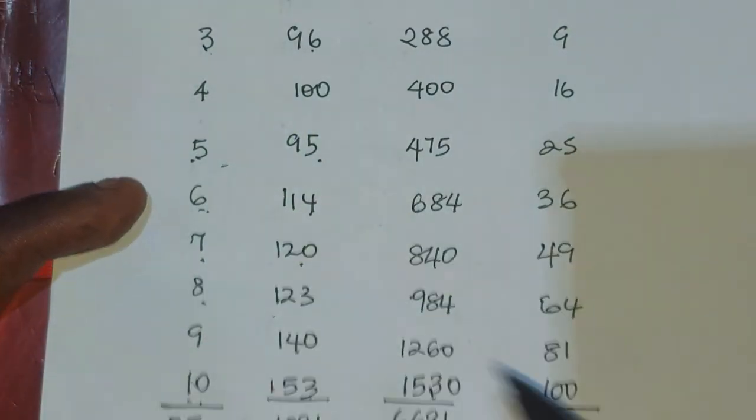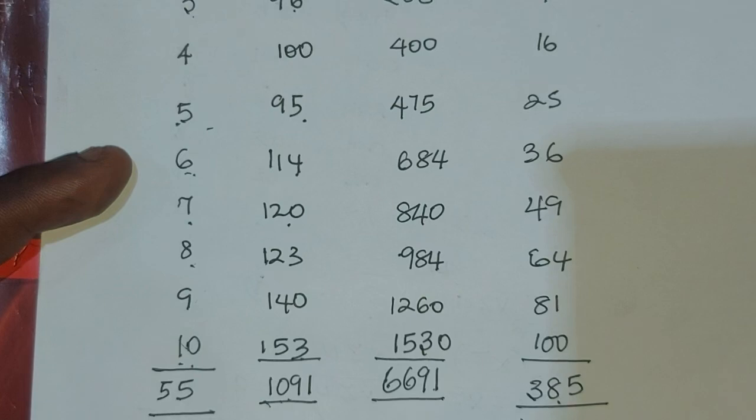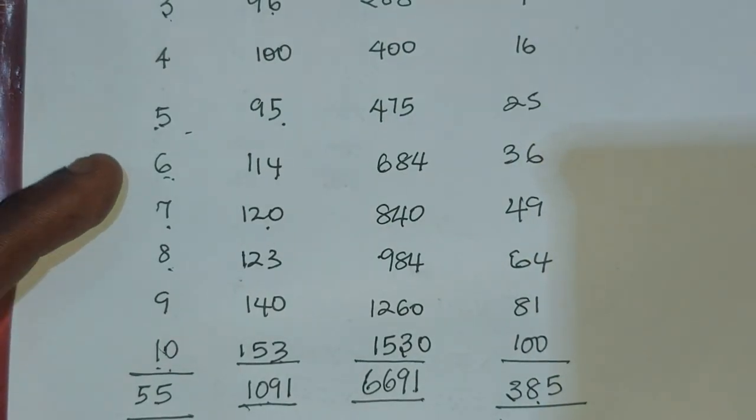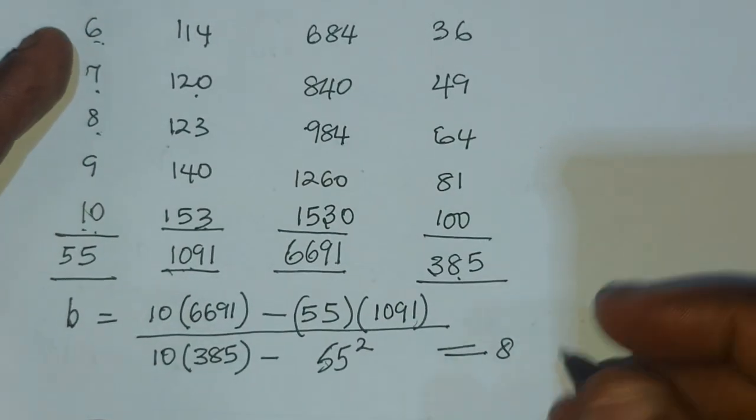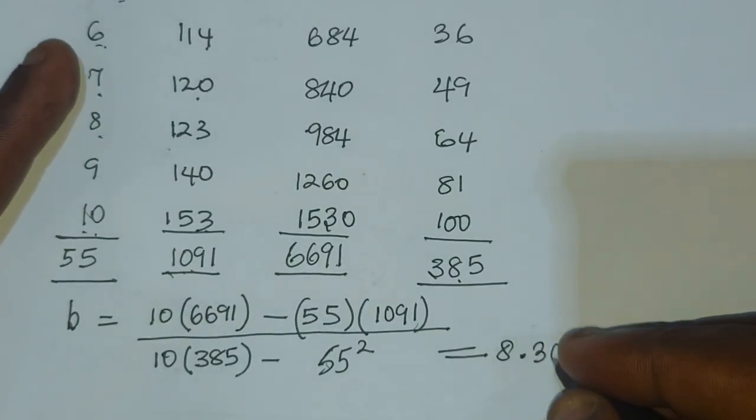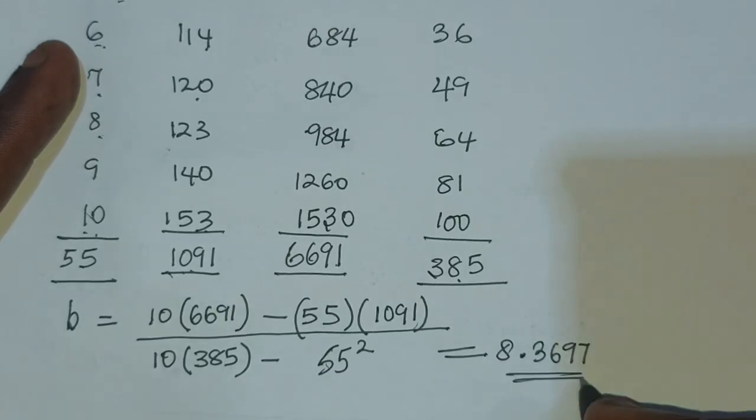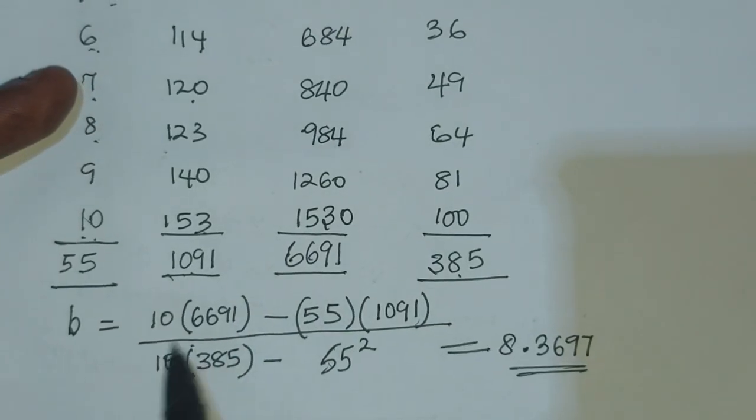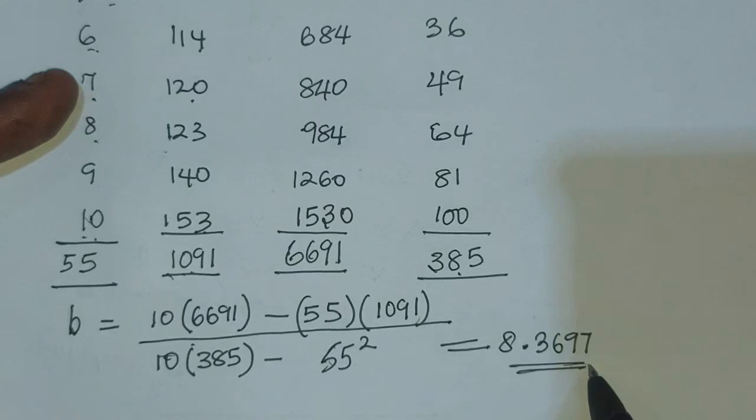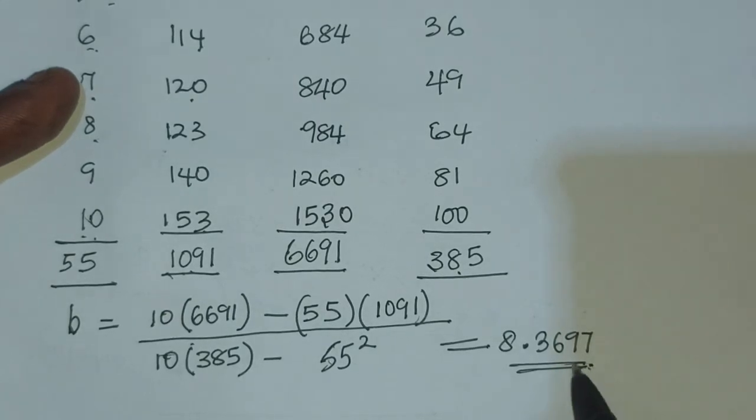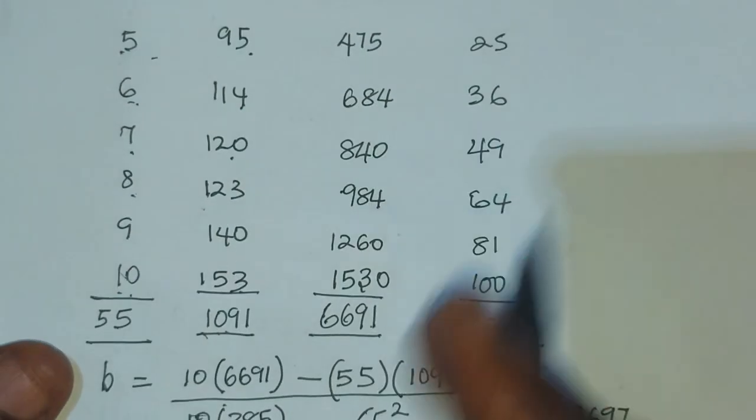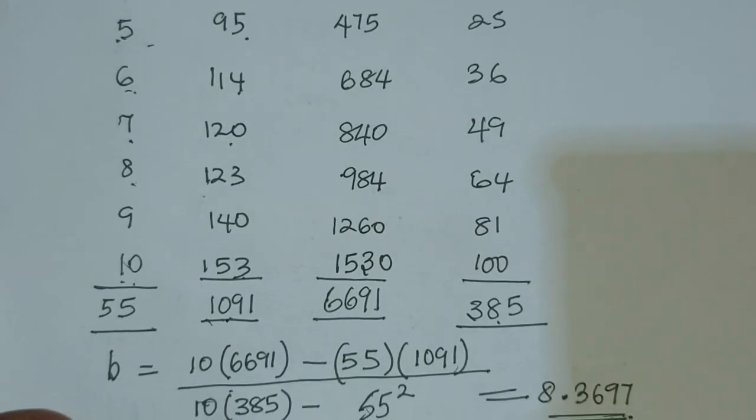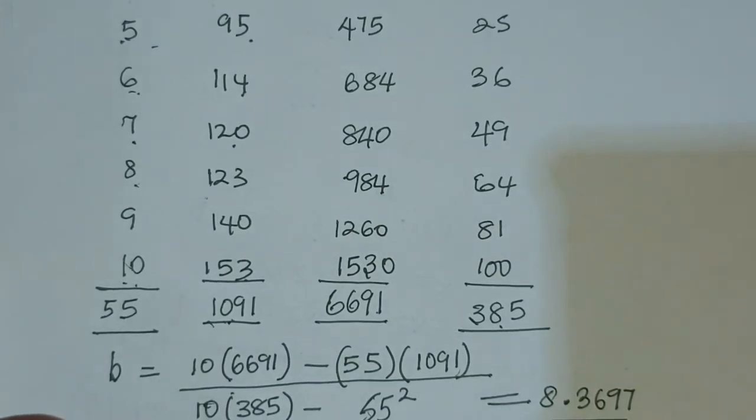So this x raised to power 2, and when you manipulate your calculator, it's going to give you 8.3697. A student of this level should be able to manipulate his calculator and get this value. Once this value is gotten, you need to calculate for a, and a is nothing but summation y. So what is your summation y? Summation y, of course, is 191 minus